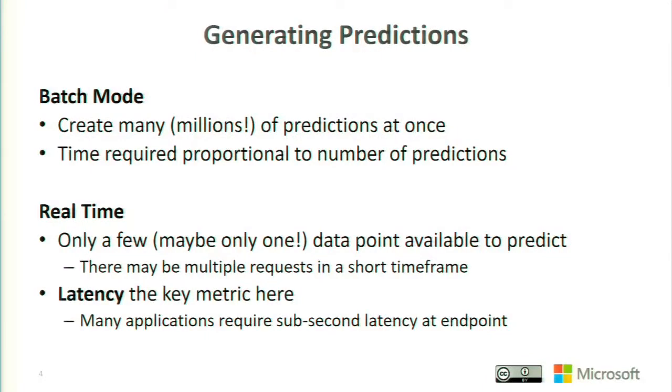I want to focus on real-time predictions from a model. And in this situation, you don't have millions of data points to work with. You just have what's actually available at that very time. It might just be one credit card transaction that's available to you, maybe a few, because you gather them from many different clients at the same time. But we're talking 1, 2, 5, 10, 100. We're not talking thousands or millions here. The key thing that I'm trying to optimize here, in addition to the thing we're predicting itself in the model, is latency. The amount of time between when we get the row of data to do the prediction on and when we can return back to the client.